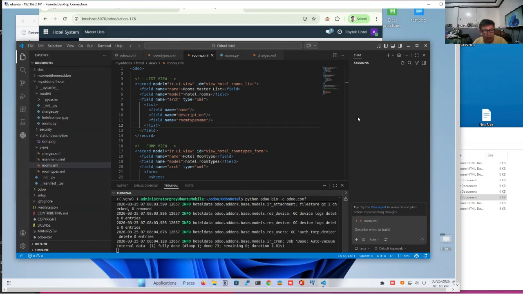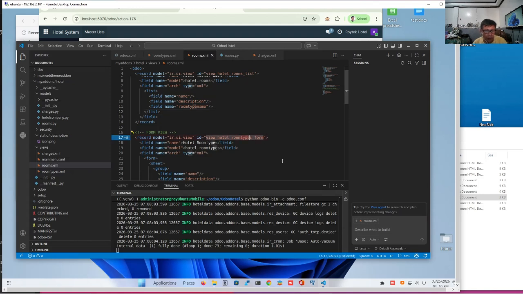Let's proceed to the rooms form view. So this will be hotel rooms form view. This will be hotel rooms form. Hotel rooms will be our title, and the model will be hotel rooms. So it's as easy as that.